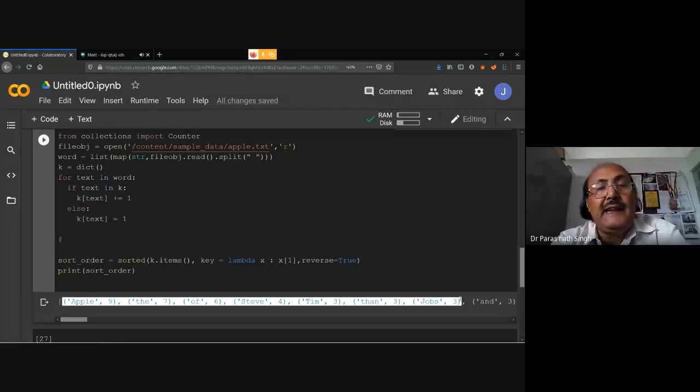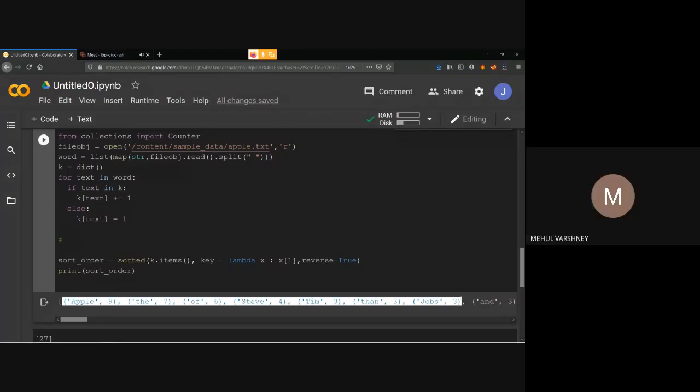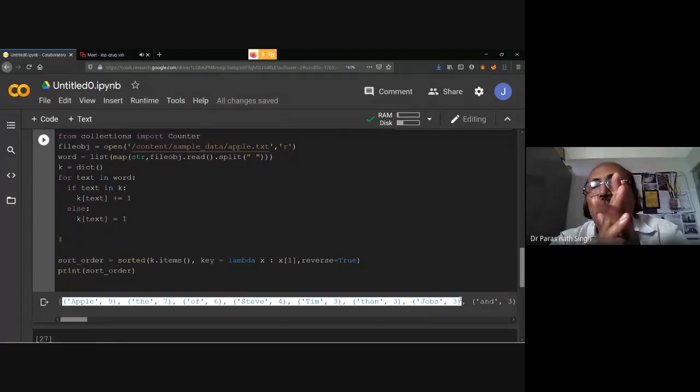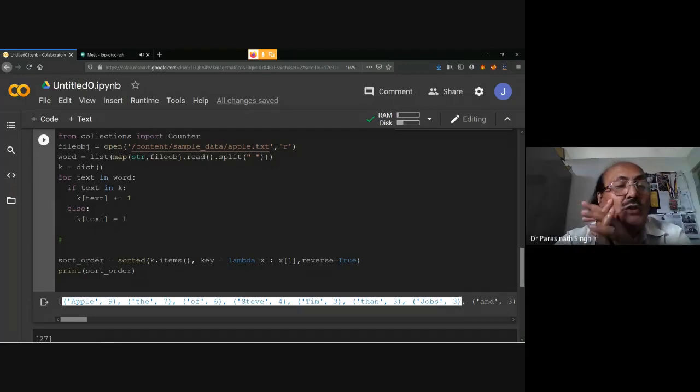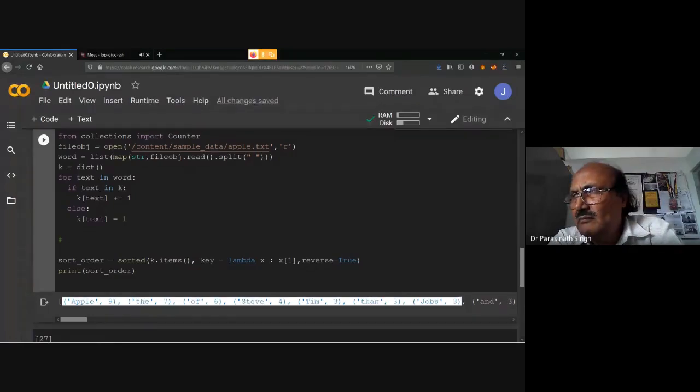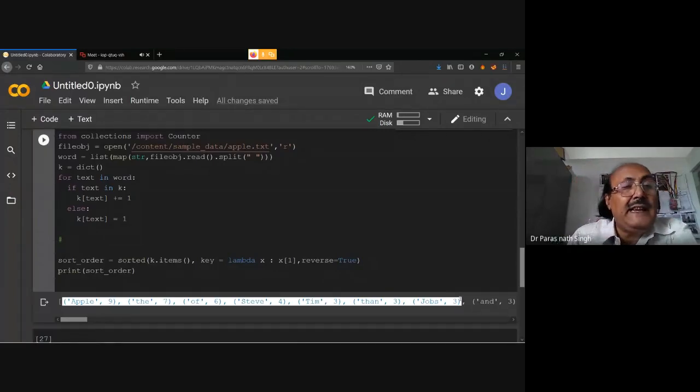Dictionary keys and values are displayed, in descending order on values. And in what data structure is it displayed? A dictionary's keys and values are displayed in a list of tuples.